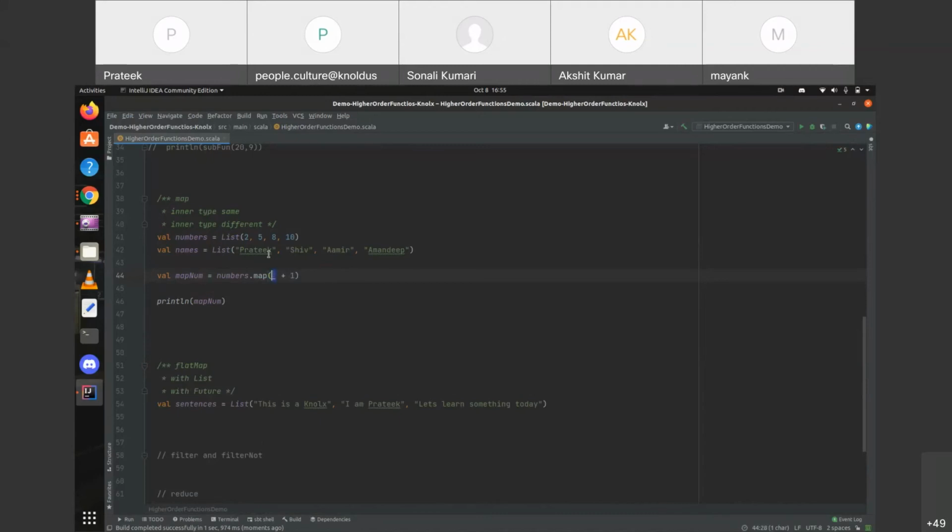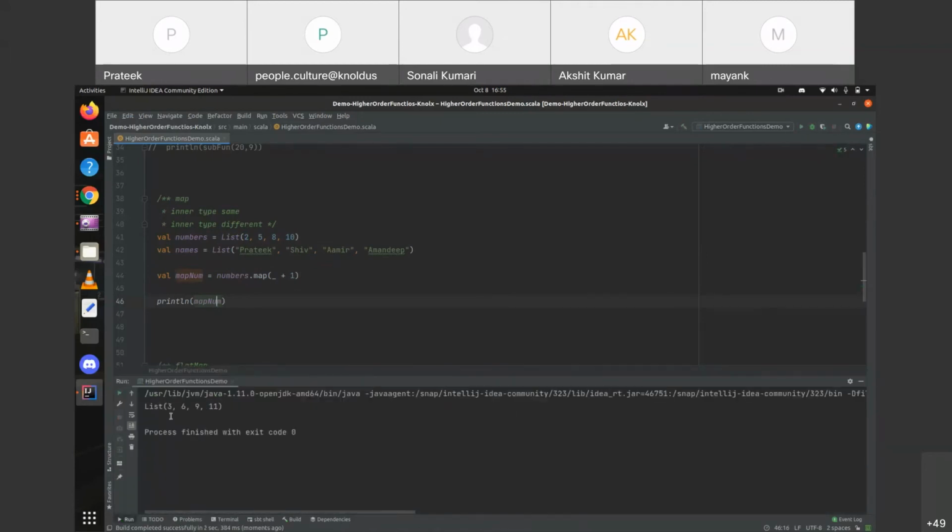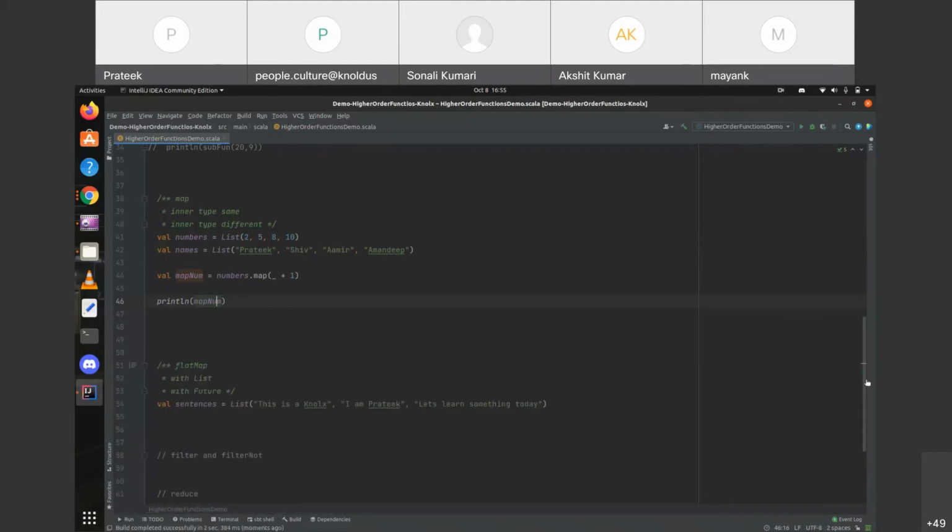So this underscore represents one function parameter, or we can say this underscore will represent each of these elements. Okay, so again let's check the output. So we'll get the same output. So it's an example of calling the map function that will return us the same type. As we have discussed in the slide, the outer type, which is list, will remain the same, but the inner type, that is these elements, may change. So in this case we are getting a list of integers because we are returning integers.